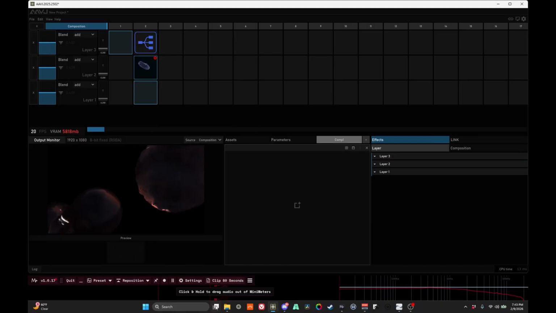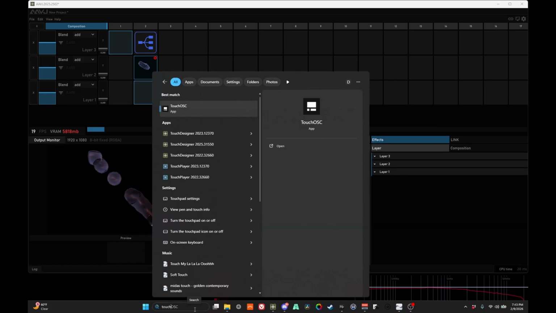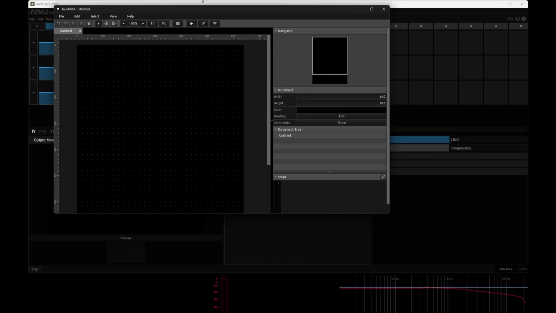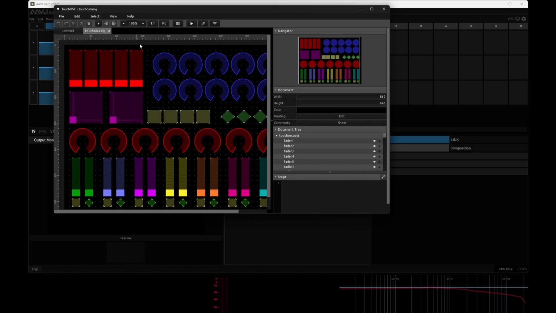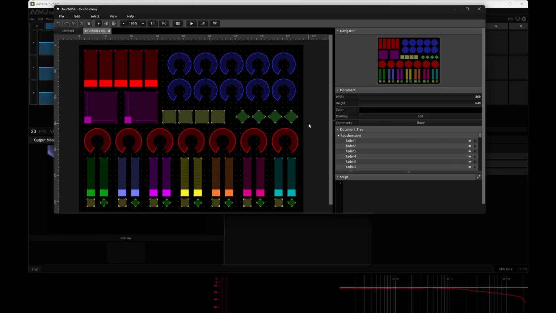And now I want to show you the TouchOSC controller and how you can route that in. So you need to download TouchOSC. Please consider buying a license. It's a great program, definitely worth it. Open recent. This is on my Patreon for free. You can just download it, and then once you have the file, you can open it up, find the file wherever you downloaded it, and then you can hit play